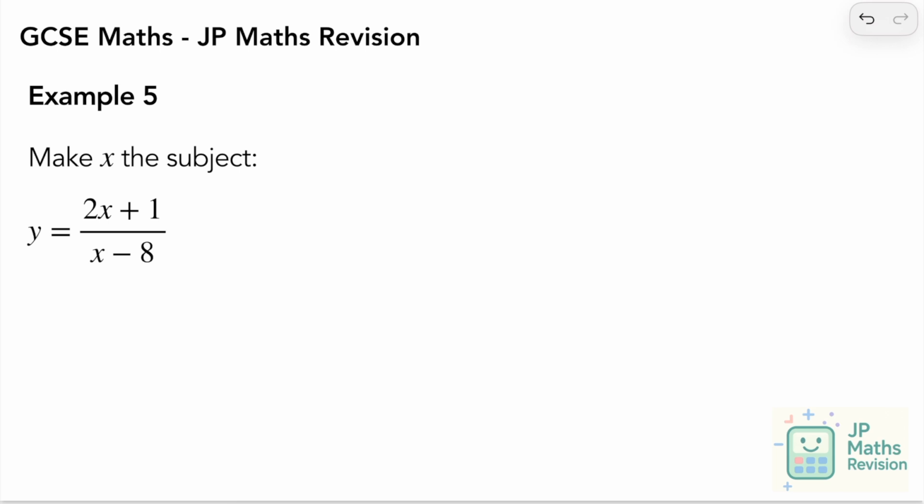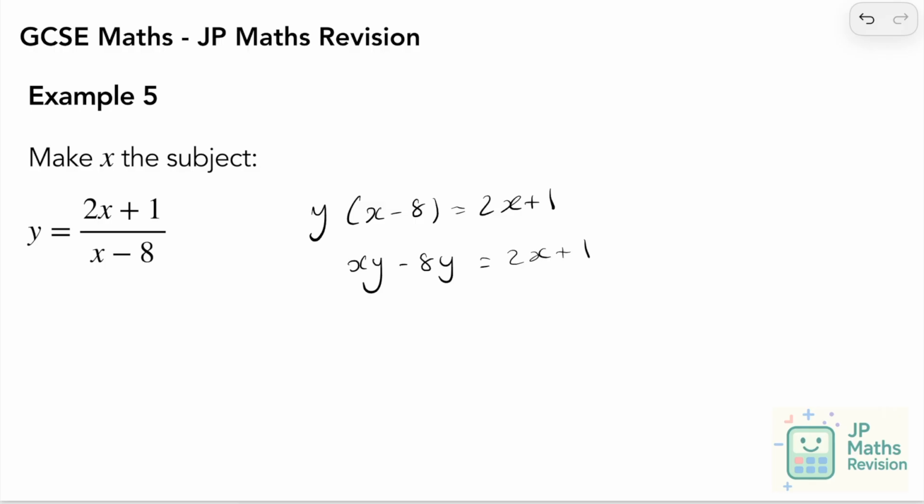In this example, we have a fraction, so the fraction's not very nice. Firstly, we're going to start by getting rid of the fraction, and we can do that by simply multiplying both sides by x minus 8. So we're going to say y bracket x minus 8 equals 2x plus 1. Now what we can do is expand the brackets, so we have yx or xy minus 8y equals 2x plus